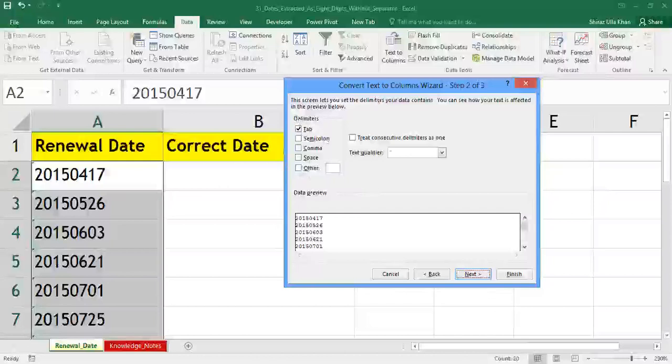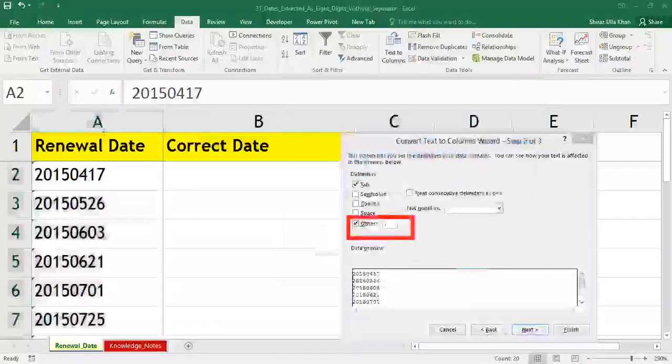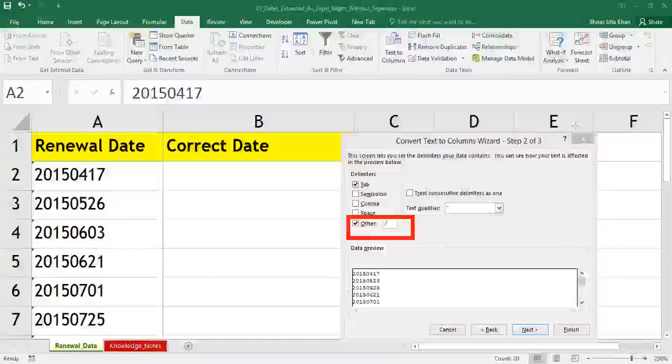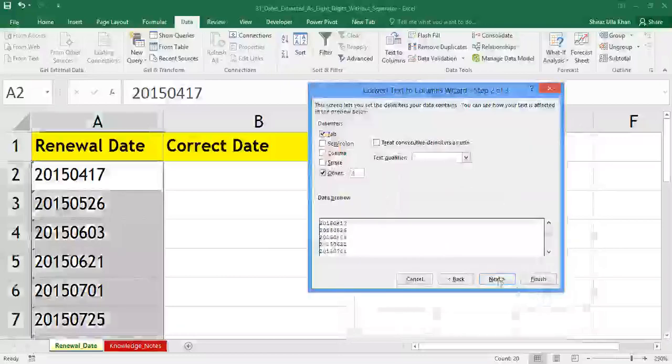So in this delimiter section, previously we used to click on space, comma, semicolon depending on the separator. But here I want to introduce it. So I will click on this Other checkbox. And in this text box of the Other checkbox, I'm going to type slash. I want a slash as a delimiter or a separator between the dates. So people, remember this in step 2. Let me just annotate. I have just checked this Other section and typed slash. Okay, let me clear this drawing. So now after doing this, people, let's click on Next.